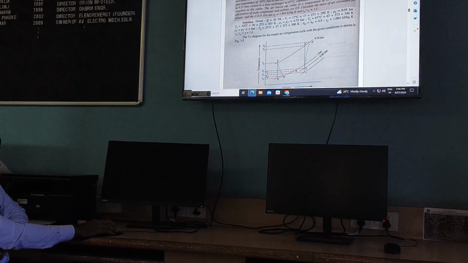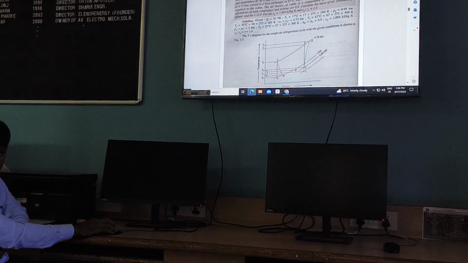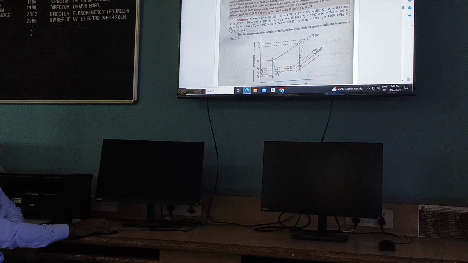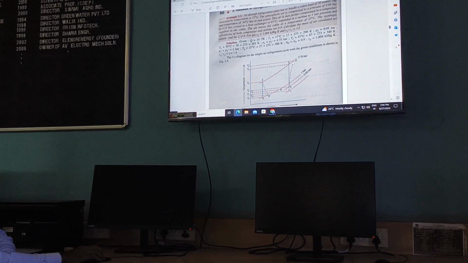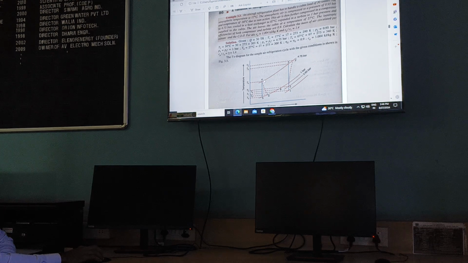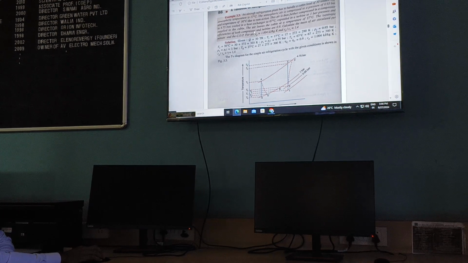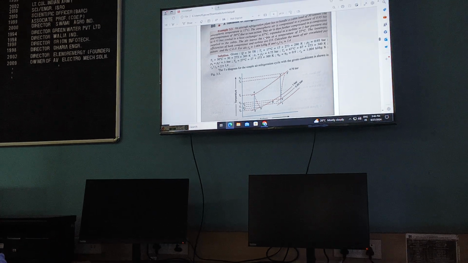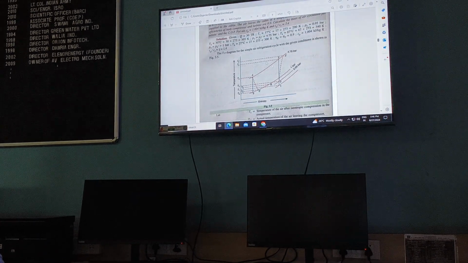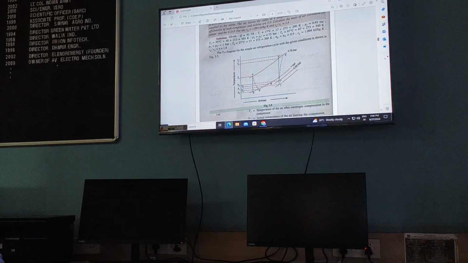Sometimes they may say that it is reduced by 20 degrees centigrade. In that case, what do you need to take? T3 minus T4 is equal to 20, right? You remember that difference. Okay, here 1 to 2 is